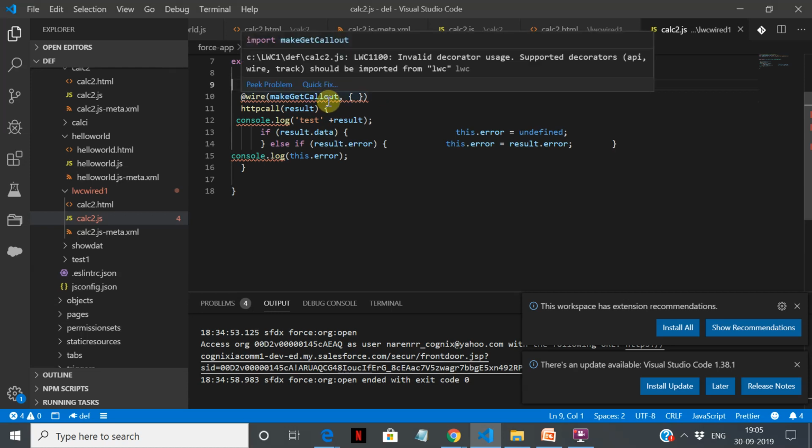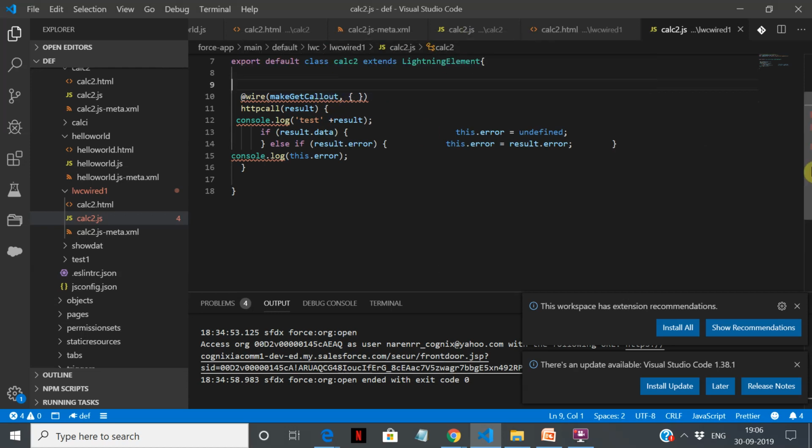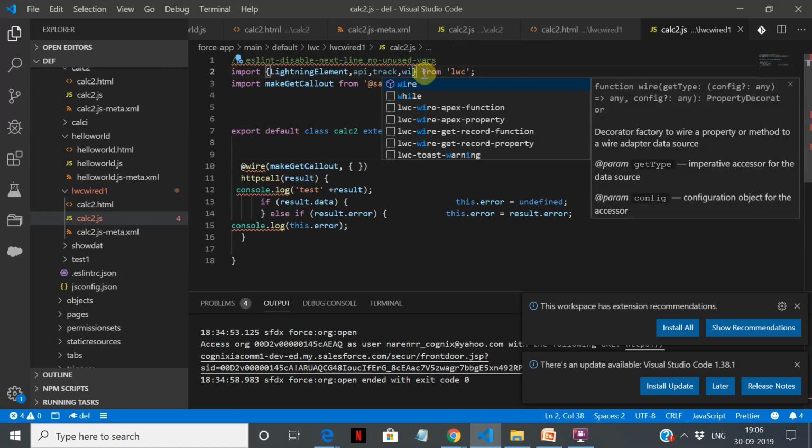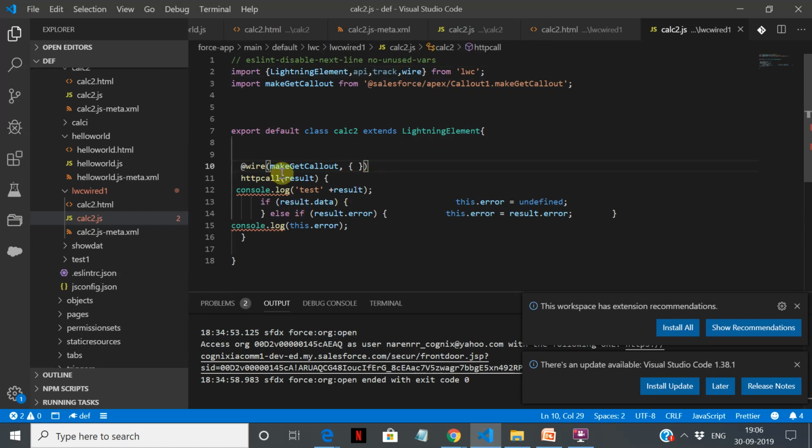It is throwing some errors. That's because we also have to import this. First we say @wire, then we say the method parameter.